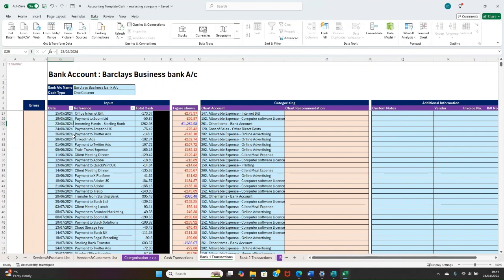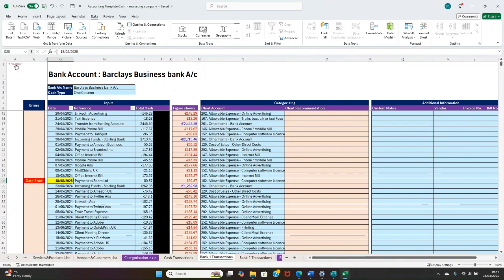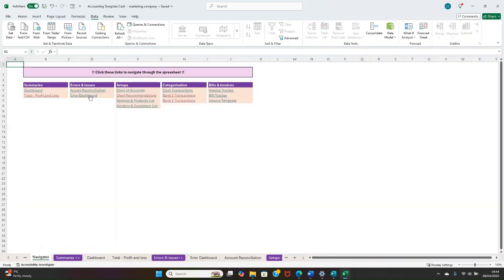Oh, that wouldn't change anything. If I was to do the year, sorry, that was wrong. It'll immediately come up with a date error, highlight which one is the date, and it really stands out. Not only that, but if I go to the error dashboard here,